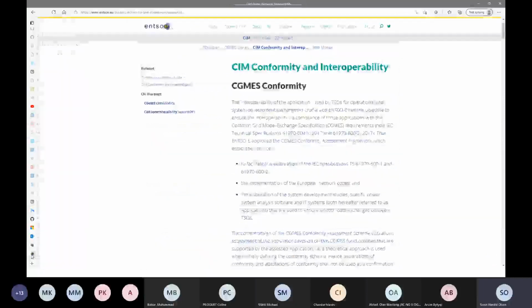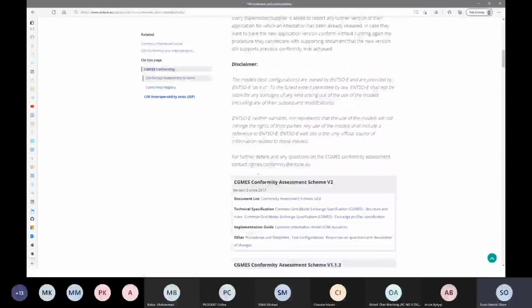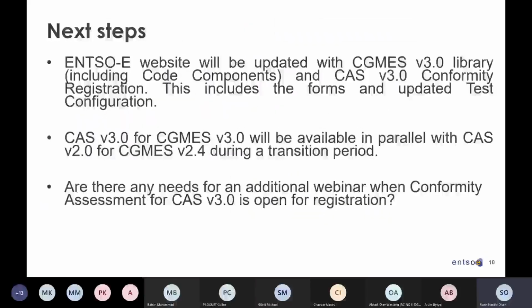In addition, the site for the conformity assessment will also be updated to have the download of all the material for the CGMS conformity scheme 3.0. So that is our plans, and then we will send it out to everybody when it's all ready.